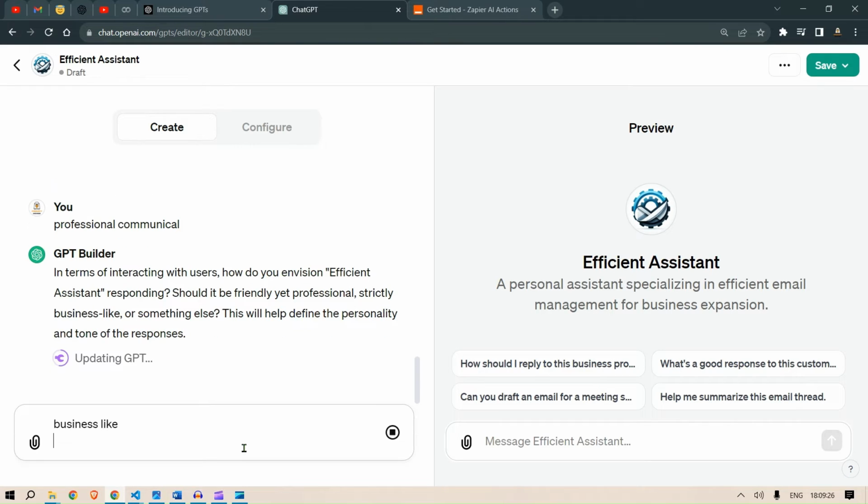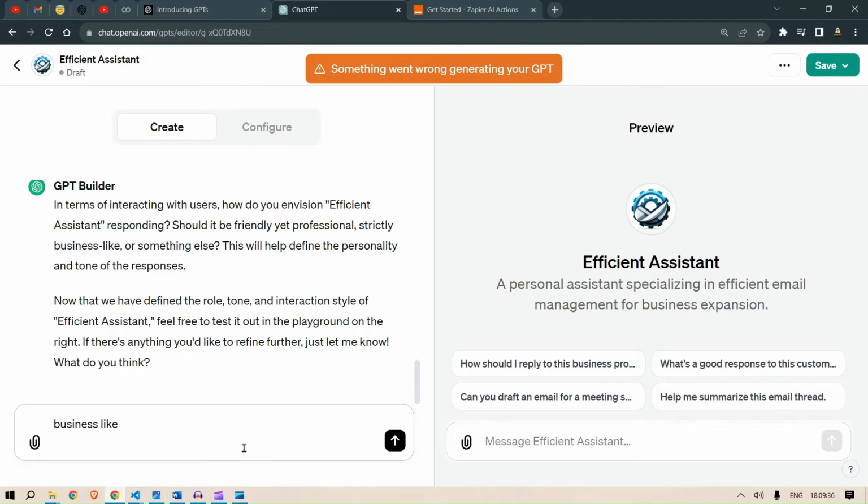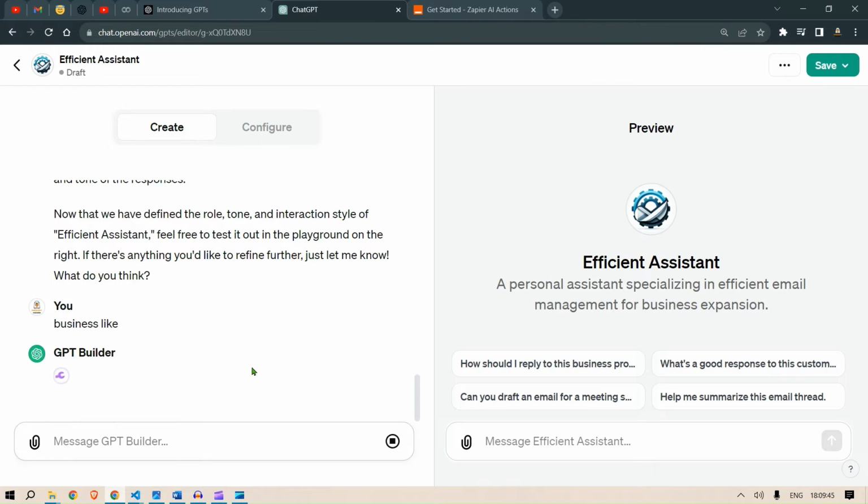Business-like. This will help define the personality and tone of the responses. So it is building up. I said business-like. GPT updated the behavior. Now that you have the tone, something went wrong in preparing your GPT, but let's move ahead. So business-like, GPT builder,